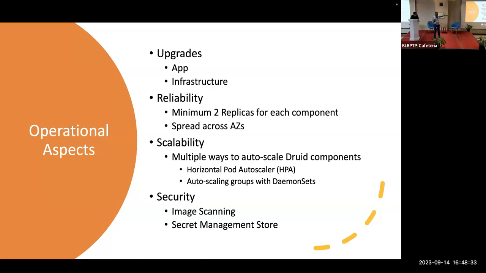Another part is an auto-scaling group with the daemon set. Now, this is a particular use case we have used, and we did this particular use case with your middle managers. Now, why did we do this? Because this gives the power to the application team to auto-scale as per their requirement. So now what happens? Let's say the application team suddenly sends a burst of load, ingestion tasks, right? A middle manager is always ingestion. And we can see there are not enough middle managers to take the tasks.